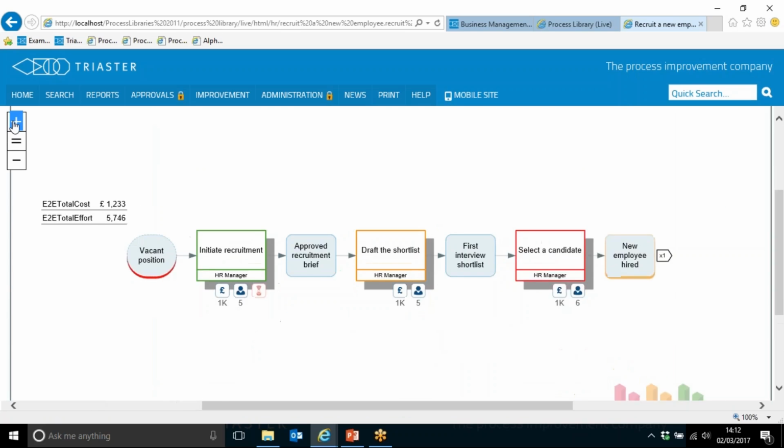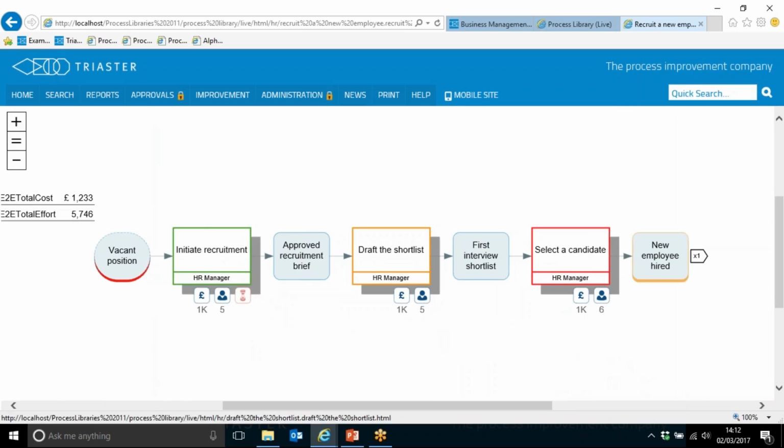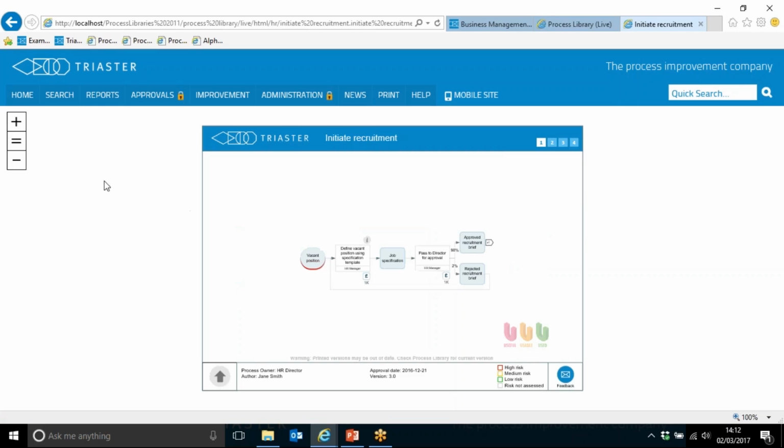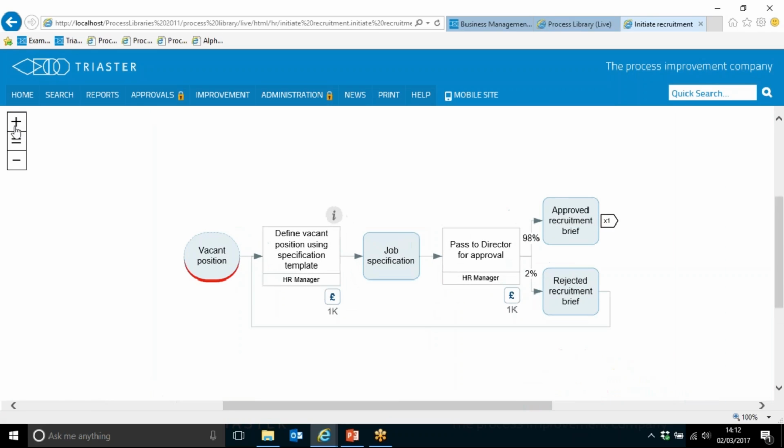On this process, you will see that I have shadows as well. So each of the shadows indicate another level of detail, and this is a cue to the end user as well that there's another layer of detail underneath the activity. So if I click on Initiate Recruitment, I can drill into a lower level, and this will show me how we actually initiate recruitment. Again, we're using the noun-verb method,